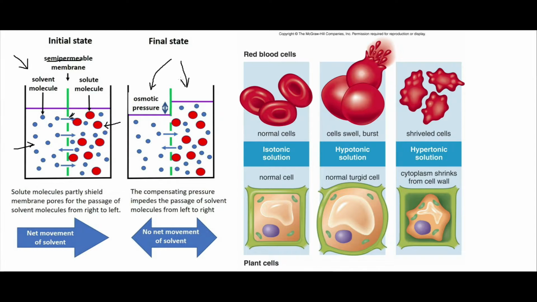So you end up with this osmotic pressure, and so you can actually see that the water is lower there than right there. And this can happen with cells too, where if you are in an isotonic solution here, which means that the solute content inside and outside the cell is relatively the same, that would be what the cells would want. And that's why, for instance, if you get an IV drip, they use saline solution, which has a little bit of salt in it, because they don't want to just put pure water into you,